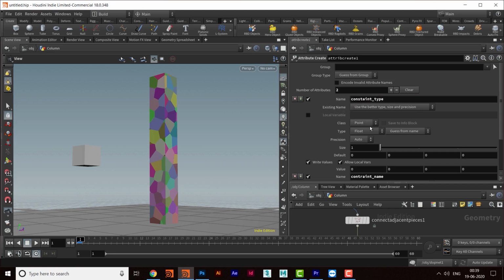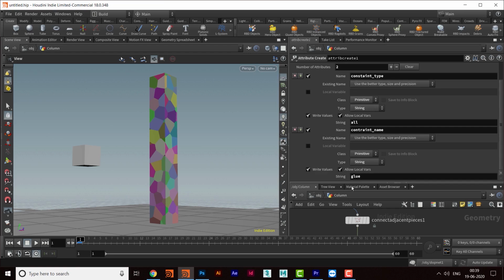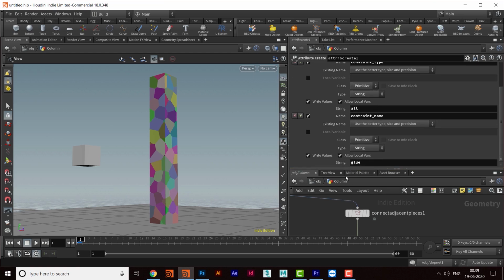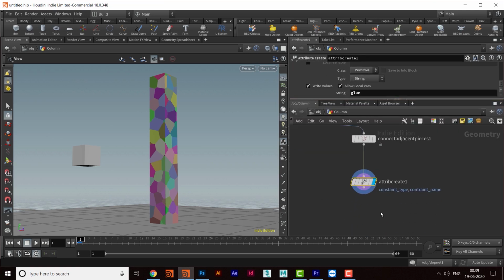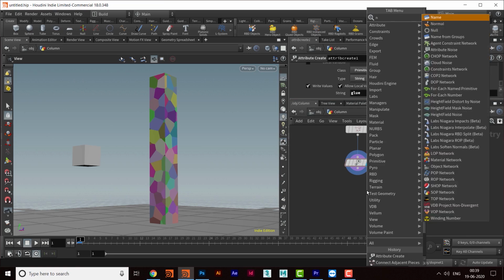That is another one, and then I'll come to type class, and then that will be primitive, and then float, and that will be string. Okay, so I will come here in the string and name it "all", because not a particular one, but all the types. So these two values we have to take. Maybe in the next video we will discuss more about them, but for now, this one, and then I will go and take a null.